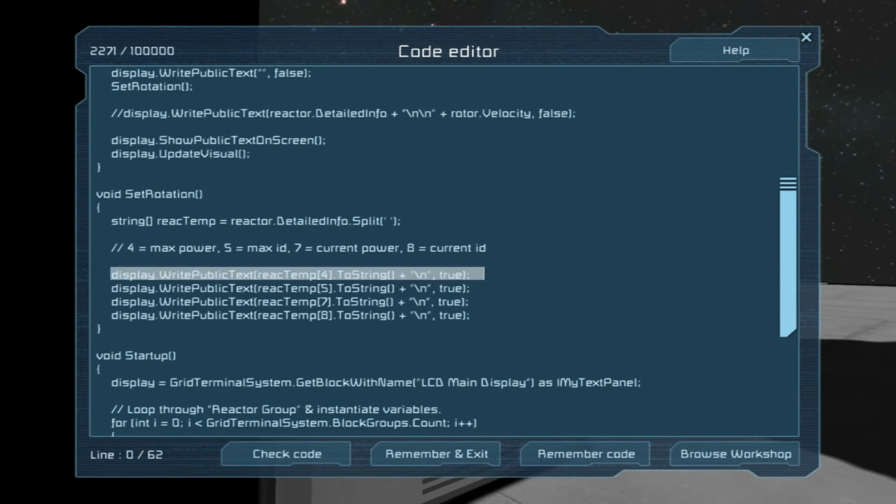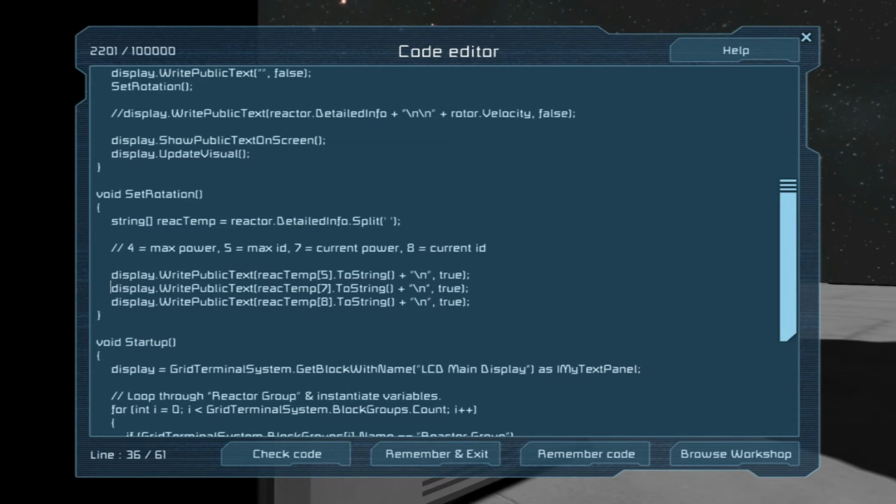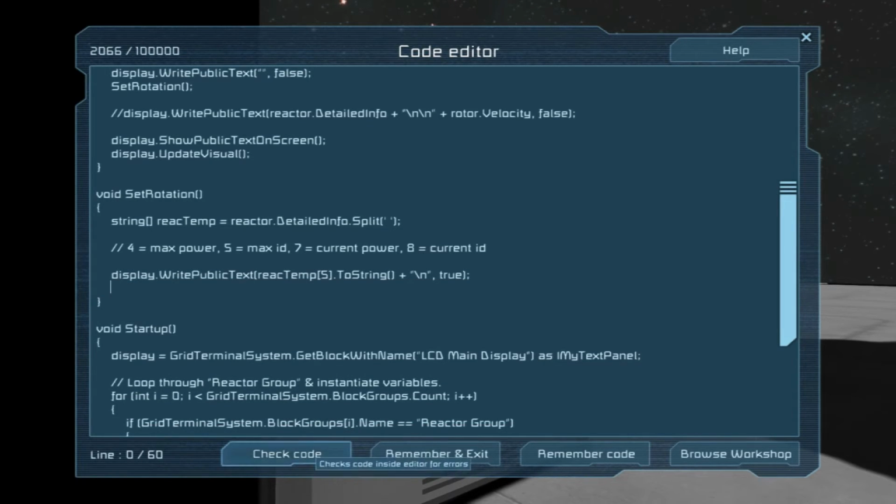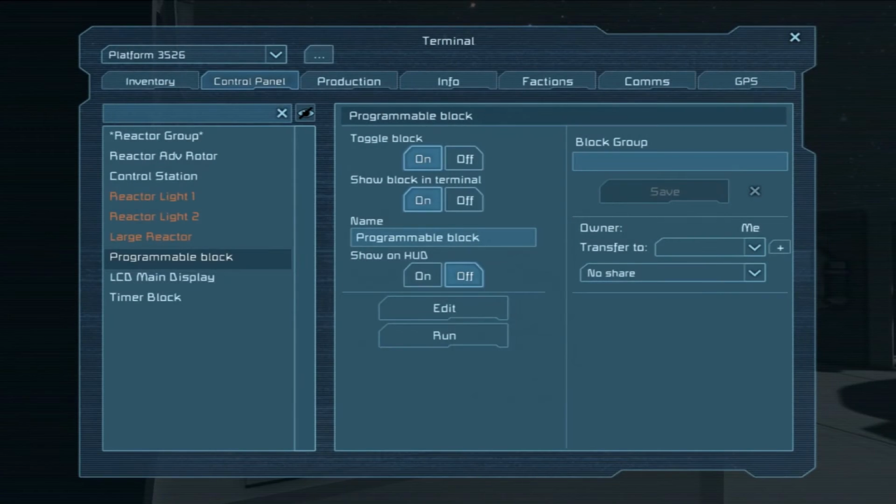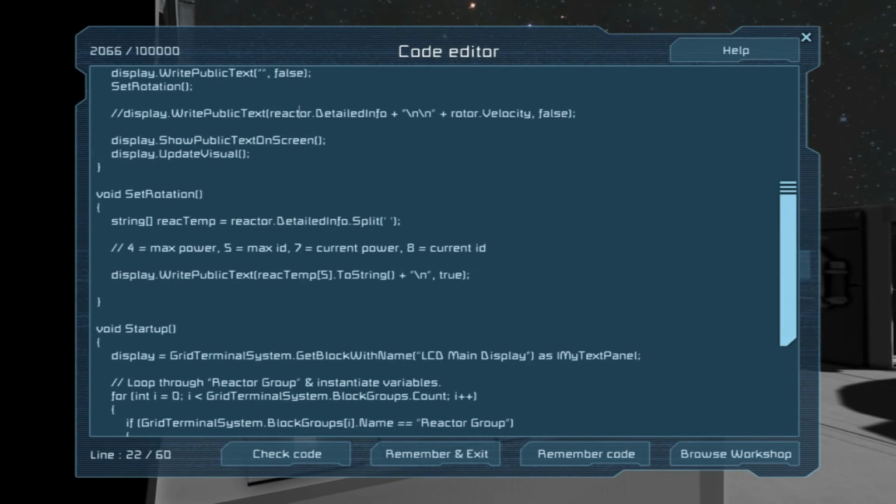Now, with 5, let's work with 5 for a second here. We know the other ones work perfectly fine. So that's how we want to leave this. So we have megawatts and current. We need to get rid of the current thing. So what we could do is say we could say 5 substring, or no, we'll do a remove.